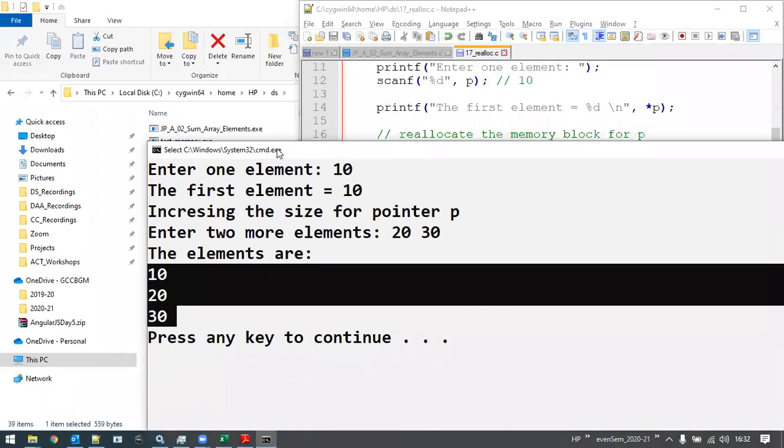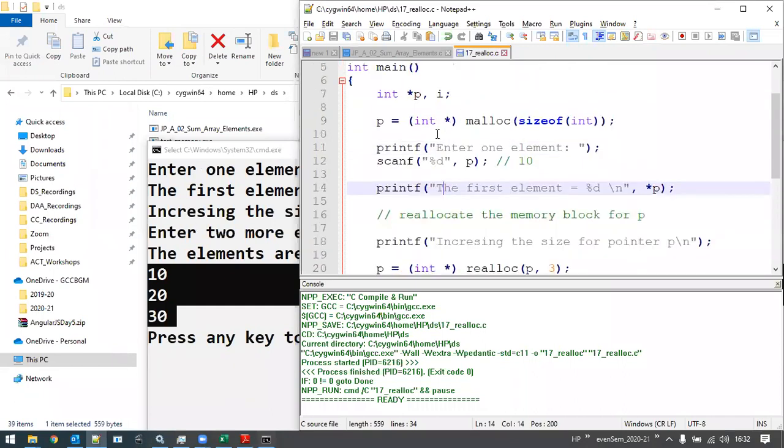If you look into the program, initially we declared the pointer to point at only a single block of memory. In this statement we are using the malloc function. How many elements can it store? Only one integer element. But during execution, we may come across situations wherein we want to increase the size.